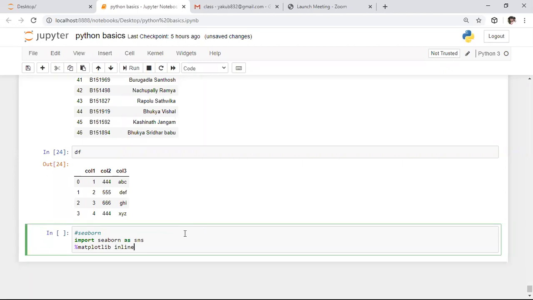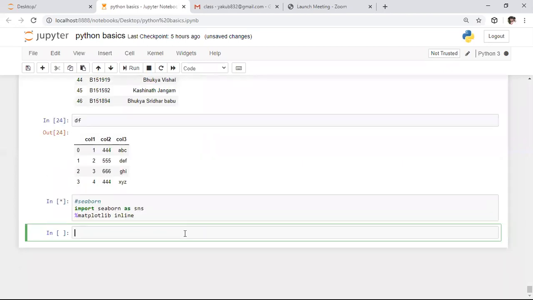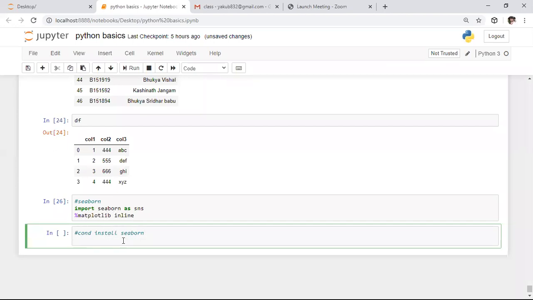So here I'm running this portion. If you run this portion and the module is not found on your laptop, then you need to install this module. To install this module in Anaconda, the command is conda install seaborn. On my laptop, I installed all these modules, so I won't get any error. If you want to install this module on the Anaconda platform, here is the command. Whereas if you are using IDLE only in Python, if you want to install this library, here is the command.